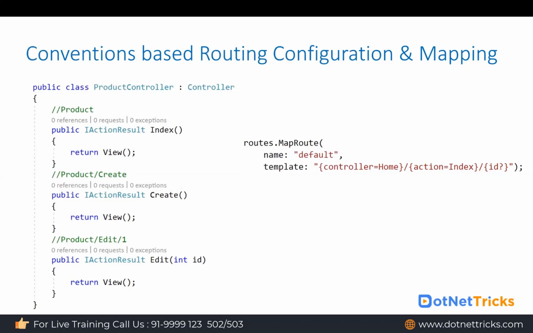There is a difference here between MVC5 and ASP.NET Core. If the ID is not passed in MVC5, then you will get an exception. But in ASP.NET Core, you will not get any exception if you do not pass the ID. Here we are getting the zero value, but in MVC5 you will get an exception like a null value cannot be typecast into an integer. So this is a difference here.